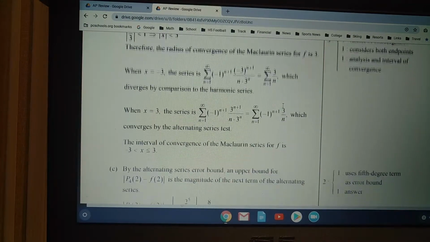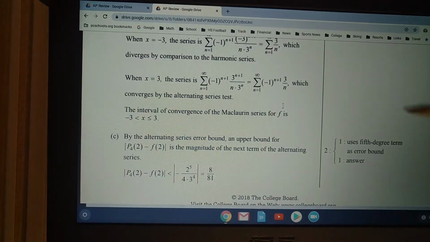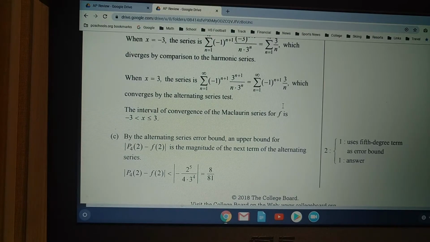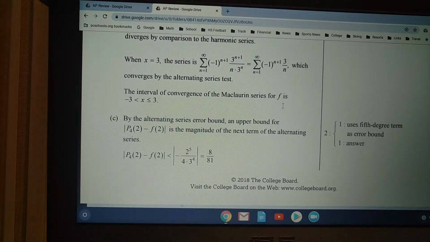Then for C, 2 points here for this error bound. First you get 1 point if you understand you must use the 5th degree term. Just understanding you have to use the 5th degree term gets you a point. And then if you actually correctly evaluate with the 5th degree term and get your error bound, you get your 2nd point. Okay, score out of 9, score the whole thing out of 27,